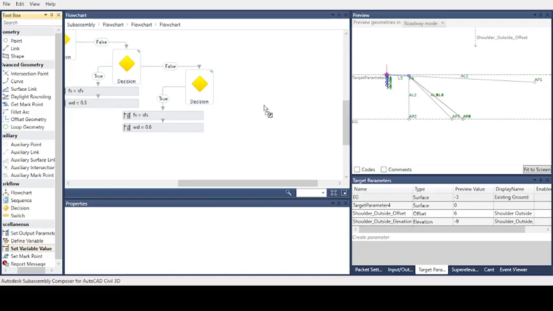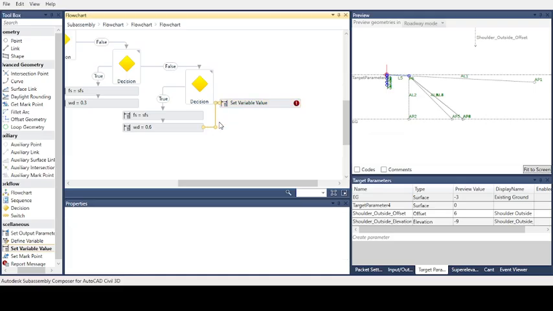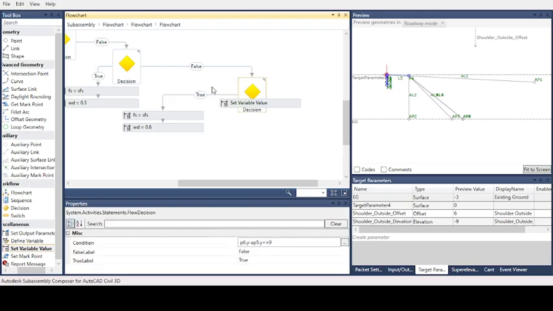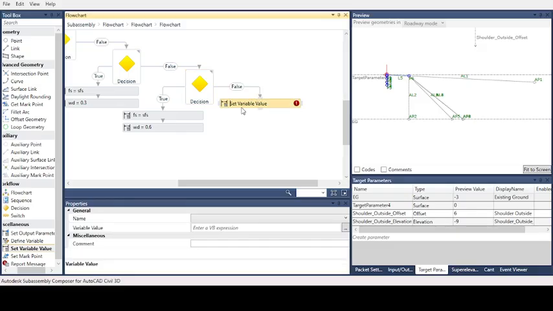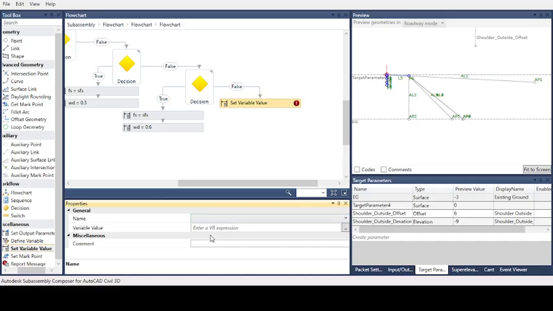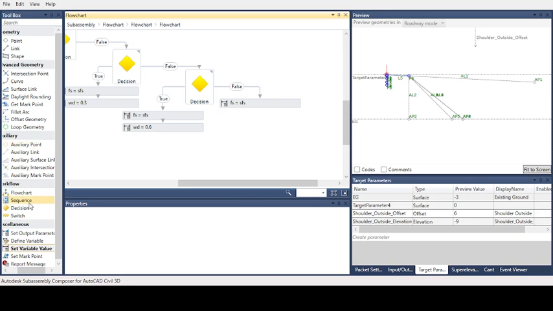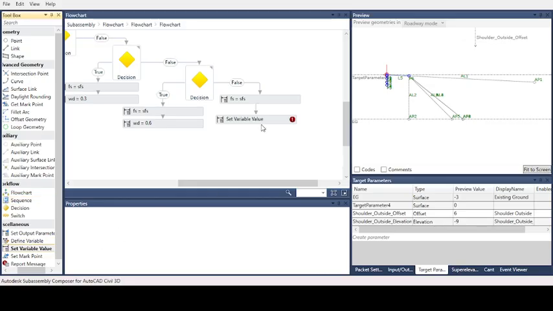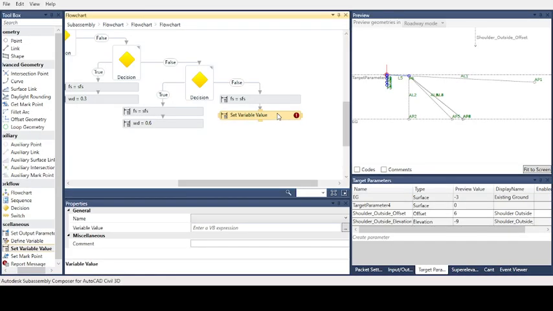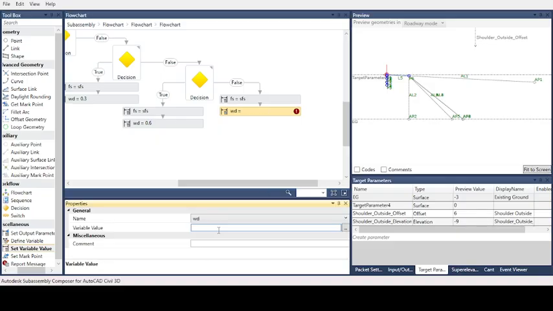We will set a variable: the field slope is steep field slope, and the widening is 0.9 meter. If it is above 9 meter, use 0.9.